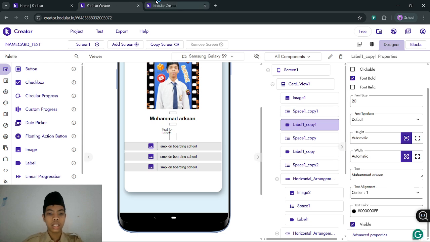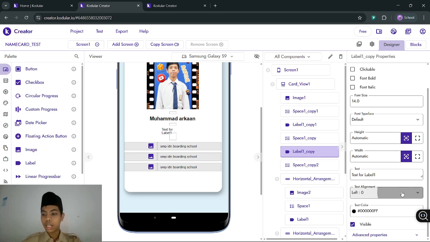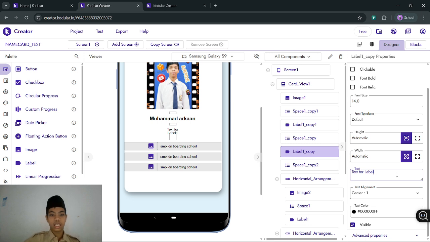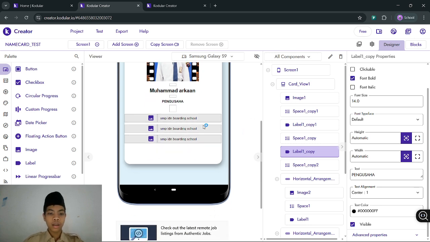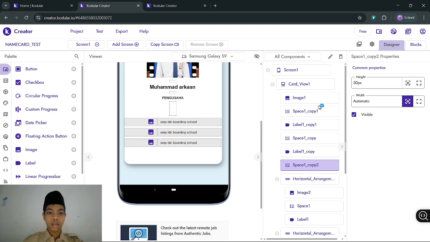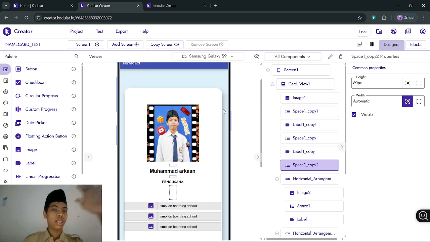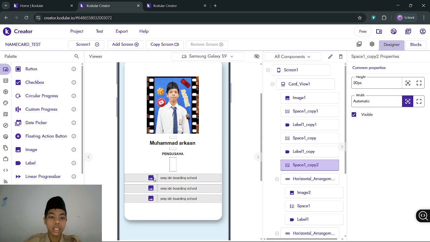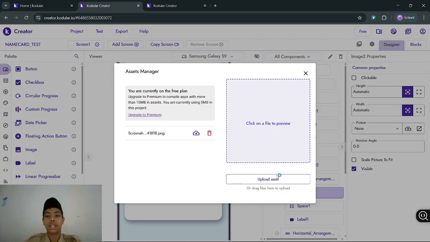Then we go to the second one, text alignment center, and change this to usaha, maybe just add bold, and for here maybe the height is 50. Okay, 50, and then in here we put again whatever you want to put.